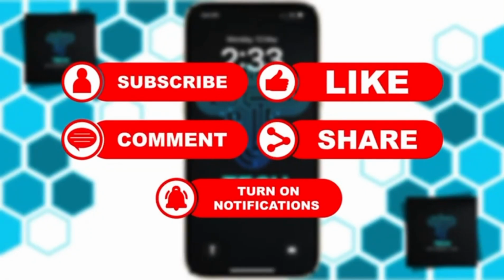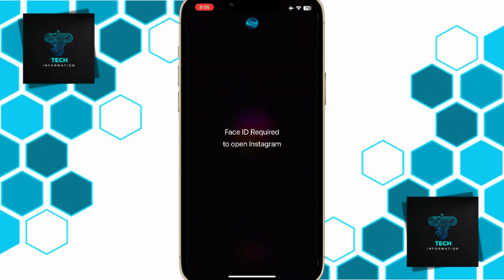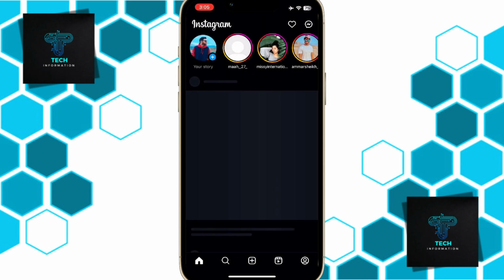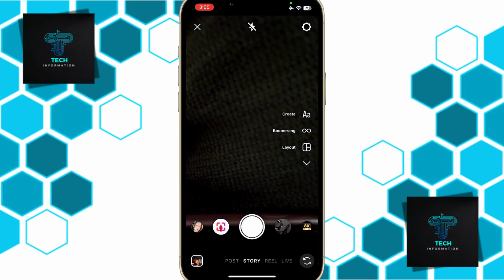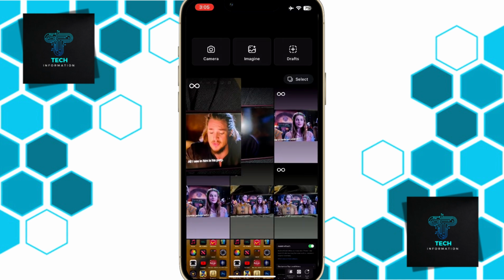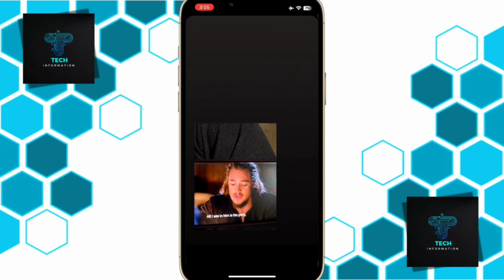Hello guys, in this video I'm going to show you how to make a collage on Instagram story. Now open the app, tap on the plus icon, now select story, tap on the gallery, now select the picture, resize it with 2 fingers,